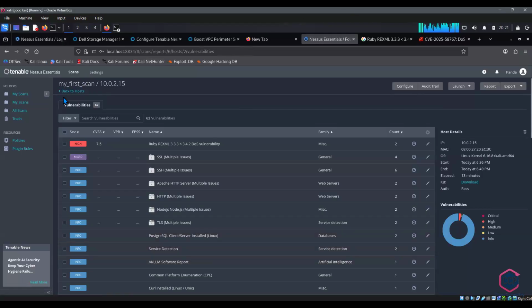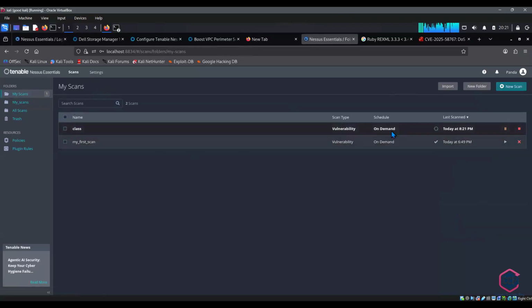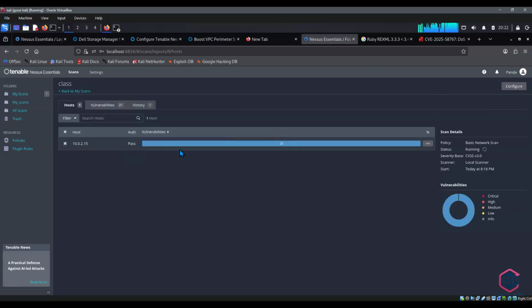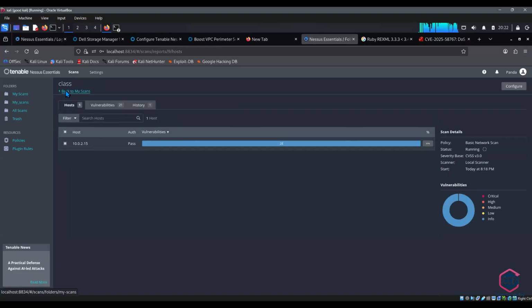Let me check the scan which I'm running, whether it is completed or not. See, it is running right now. While running also we can check this. Everything is pass, pass, pass. It will show the same right now because we have only one host. We'll try to do this with Metasploit also in further classes. Right now we are just scanning the host device.